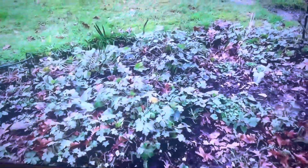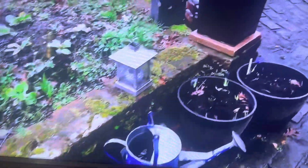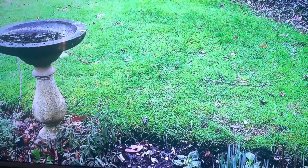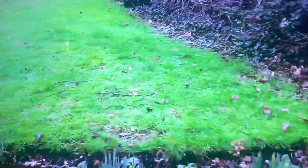This border was predominantly chamomile and feverfew, and I've started adding my annuals and perennials into this border, and you will see a massive difference in this. So for the first year, this year, you see the big difference. The first year there was nothing here, and then this year masses and masses of blooms. Bird baths came with us from our previous house,